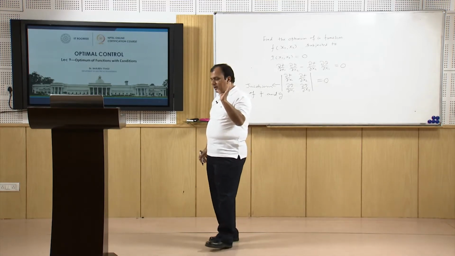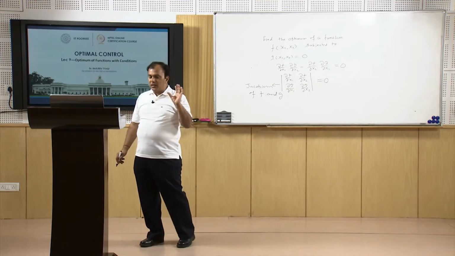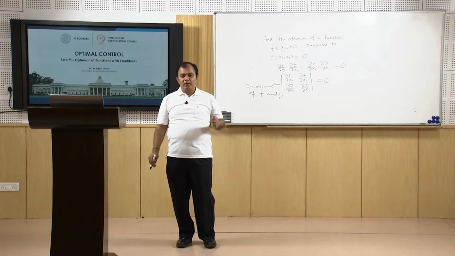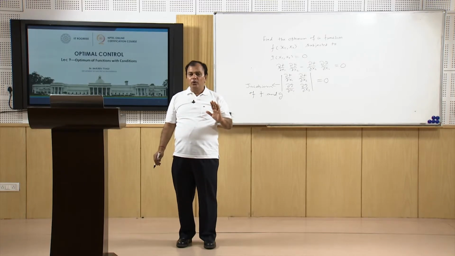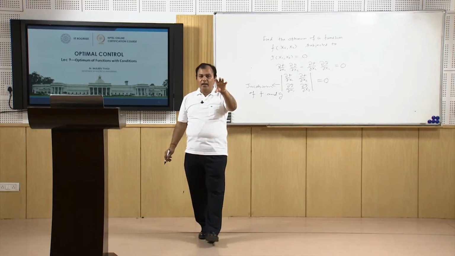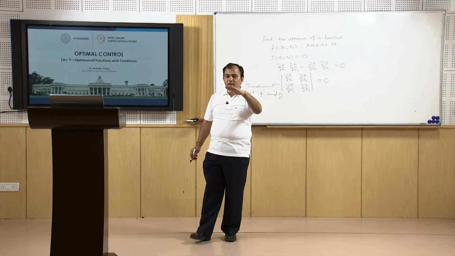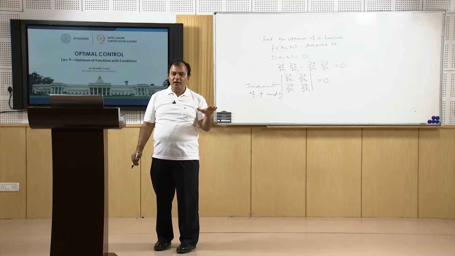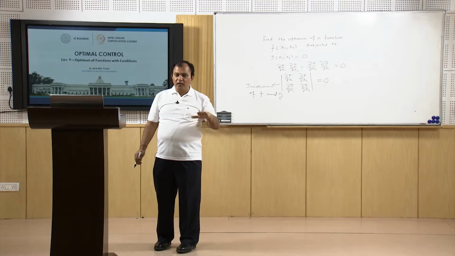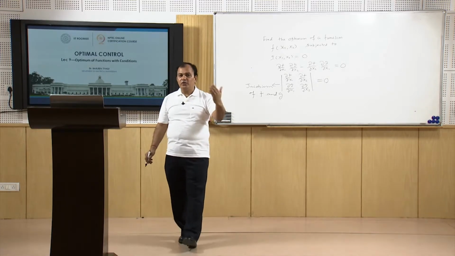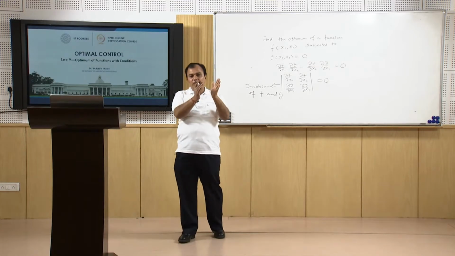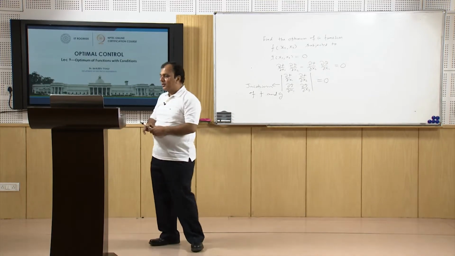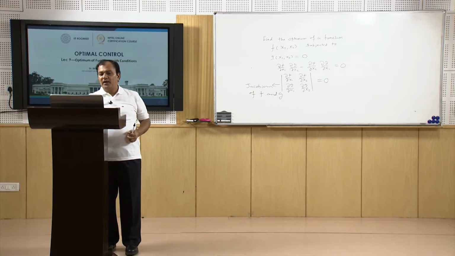So, what we have actually done: if a function is a function of two dependent variables, one is x1, the other is x2, we can eliminate one of the variables, minimize it using the other variable and place the value, because both the variables are related to each other. So, if we can find one variable, we can find the other variable also. That we will see in a very interesting problem.